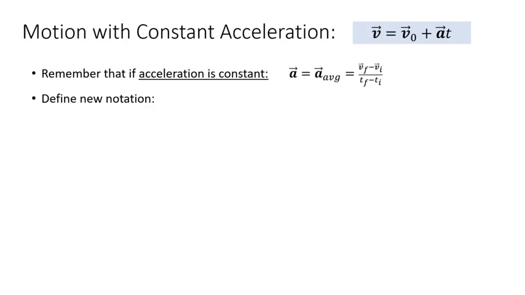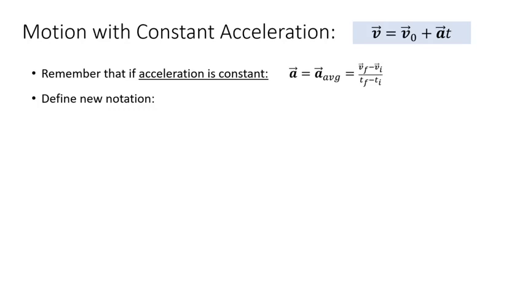Just to remind ourselves, the average acceleration, a average, is defined as the change in velocity, delta v, divided by change in time. In the specific case where we have constant acceleration, which is what we're going to be talking about through the duration of these slides, the average value of the acceleration becomes the same as the instantaneous value. So it's always the same value. And so we can make the assumption that the instantaneous acceleration a is the same as the average acceleration, which we of course know is v final minus v initial over t final minus t initial.